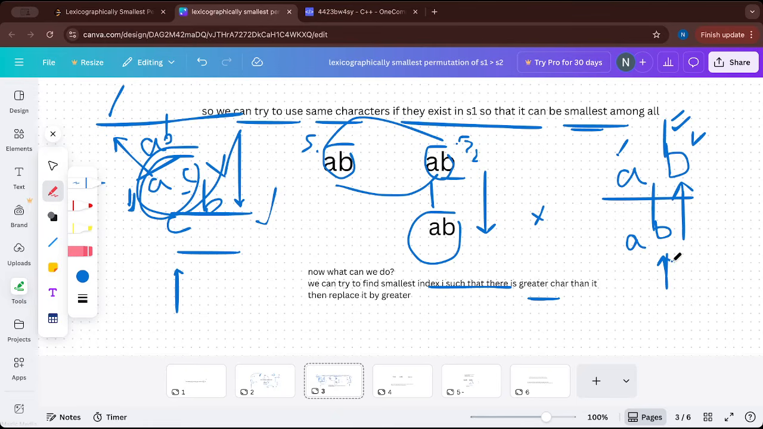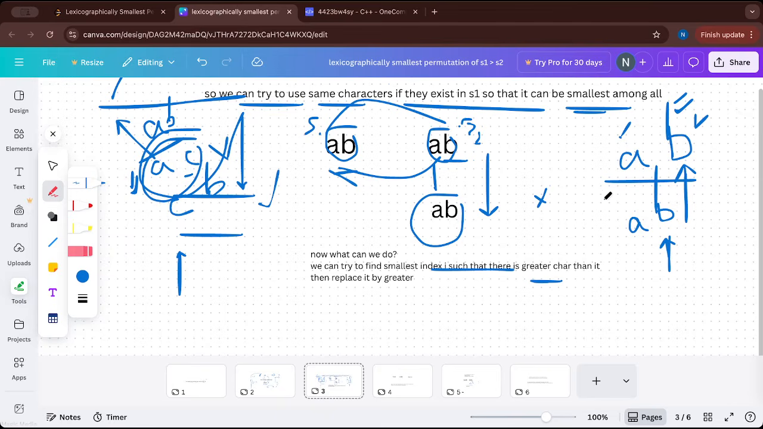So is there any character in S1 which is more than B? No. So we don't have anything. So what can we do now? Just come to the previous character. So we came to A again. Is there any character which is greater than A? Yes, we have B. So try to add B here,